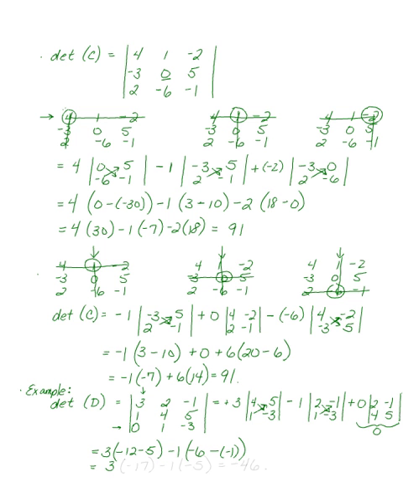That gives us 3 times -17, minus 1, and in here we're going to have a -5, which gives us a final